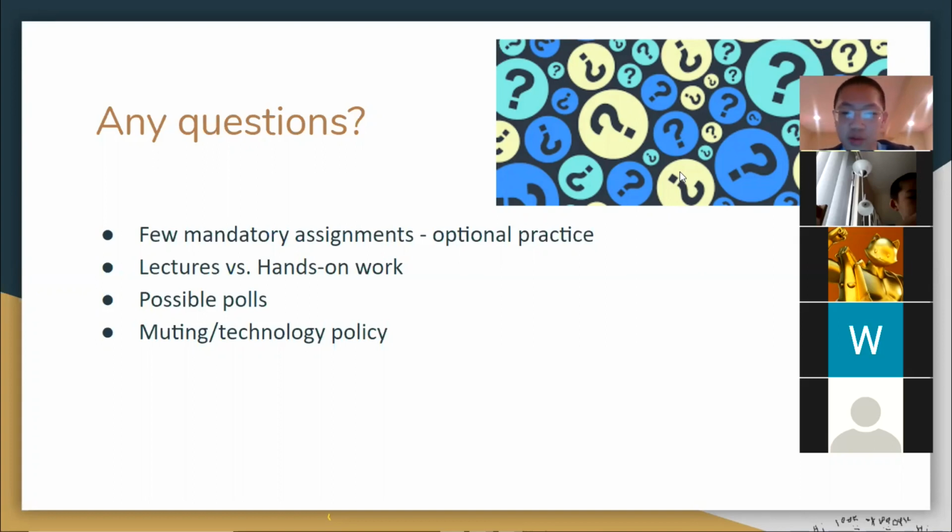And muting and technology policy. Every week when I start the class, you guys will all be muted because I have heard previous complaints about students not behaving. In regards to technology policy, I want to make this Zoom course a very helpful platform in having us be able to communicate and also teach and respond to each other.